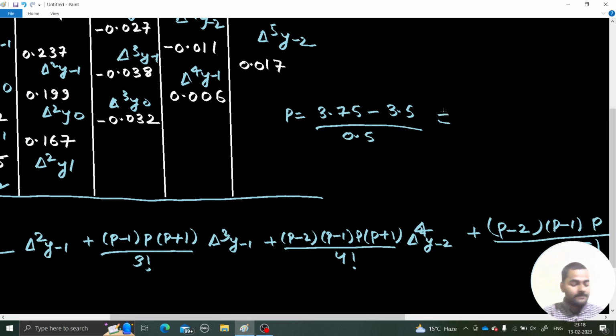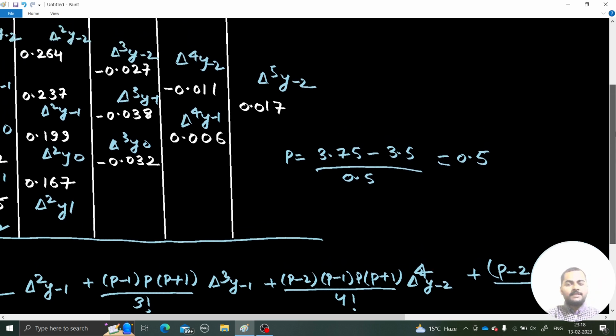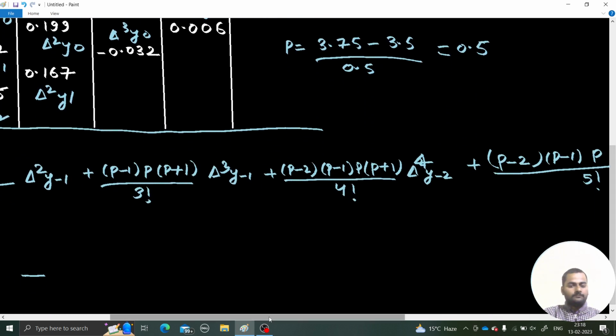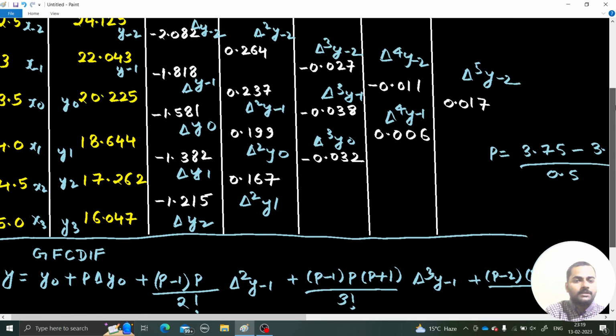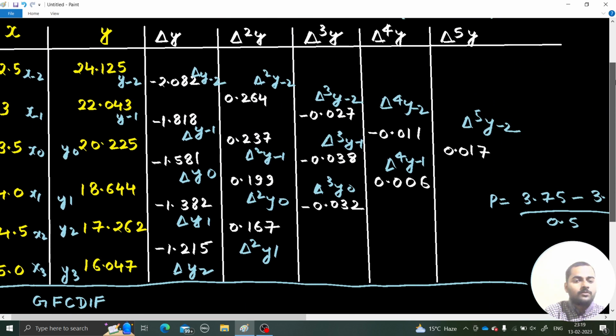So if I calculate this value, 3.75 minus 3.5 divided by 0.5, we are getting 0.5, which lies between 0 and 1, and hence the forward difference. Okay, so 0.5 into the first one, which came out to be minus 1.581,